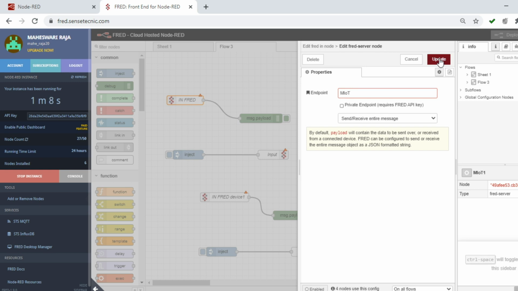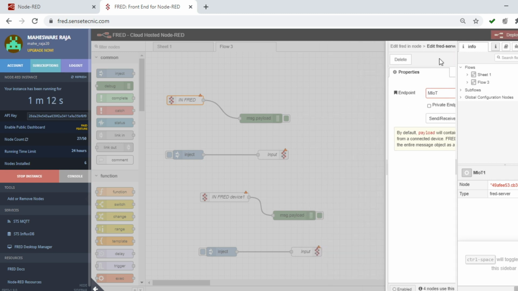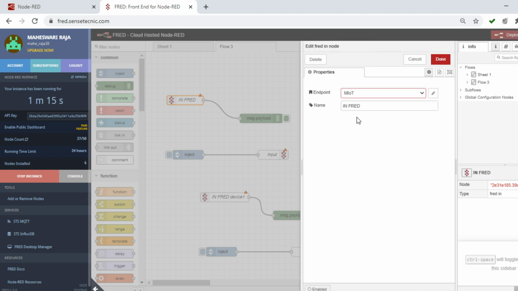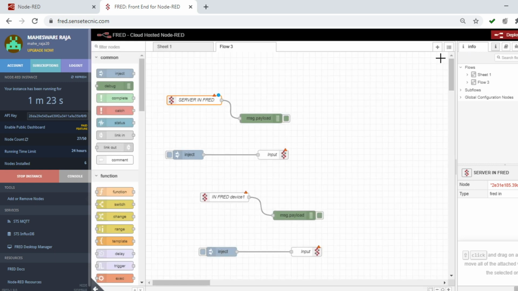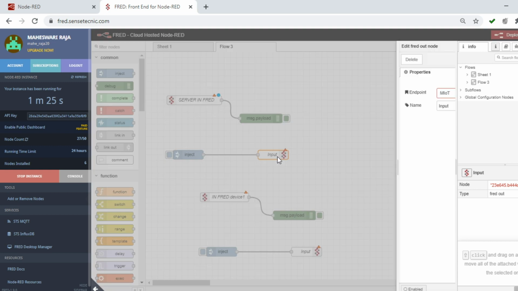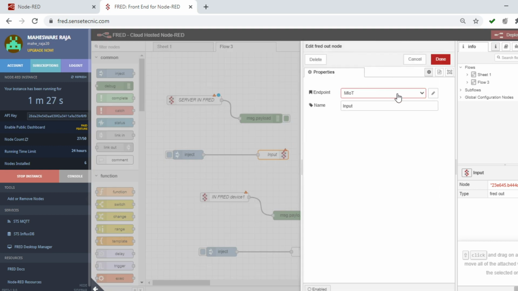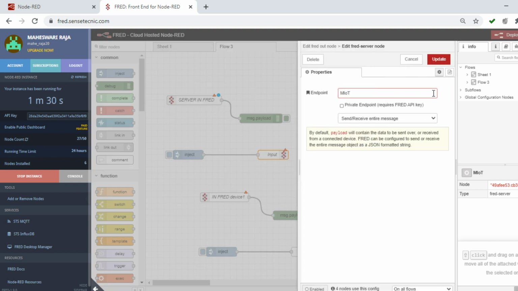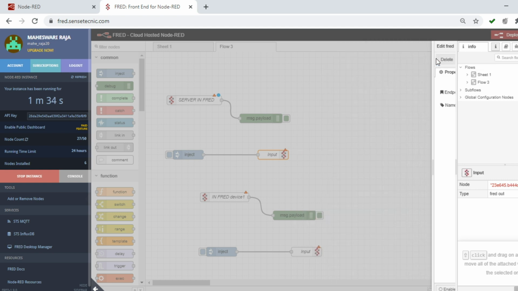Here the username is not required on this side because it's already on the server side. So name you can give server in fred, then click done. Automatically here it gets updated to MIOT. So click your connection as private, then send or receive entire message, click update.